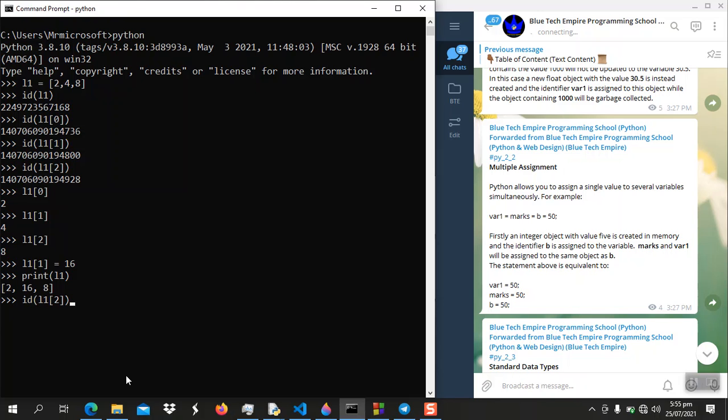Let's check the ID of L11. Now take a look. Initially, L11 had this memory location. Note that it has changed. Why? Even though we say a list itself is immutable, we just mean the memory location that is pointed to